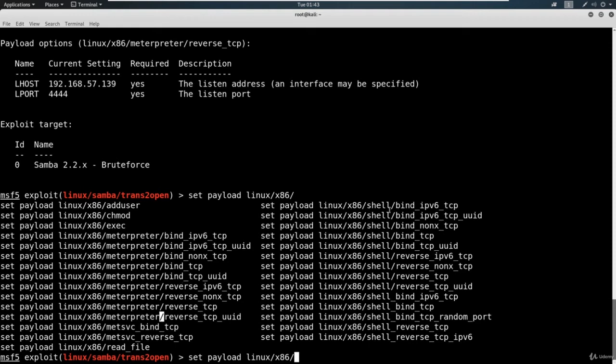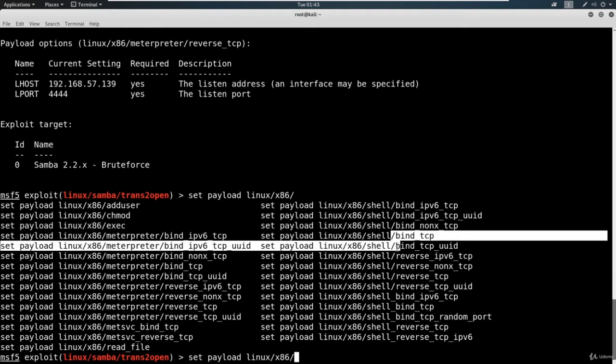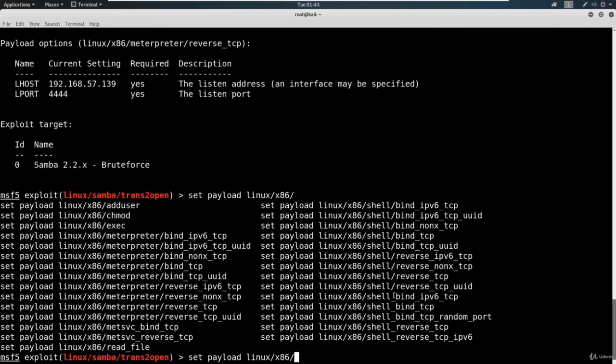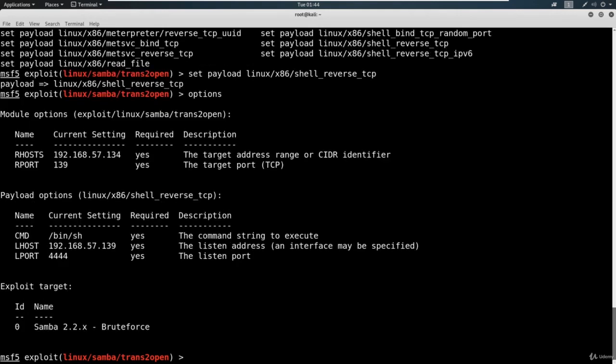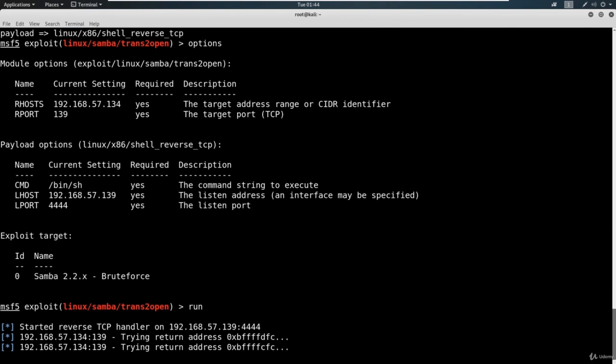If we come over to this right column here, you can see that we've got other shells as well. And we come down, and finally down here, we've got a few options that are non-staged. So let's go ahead and try this shell reverse underscore TCP right here. And you can just start typing that out, and that should auto tab complete for you. Go ahead and hit enter. Hit options one more time to make sure that this actually works. You can see here that it actually picked up. And now let's go ahead and try to run this.